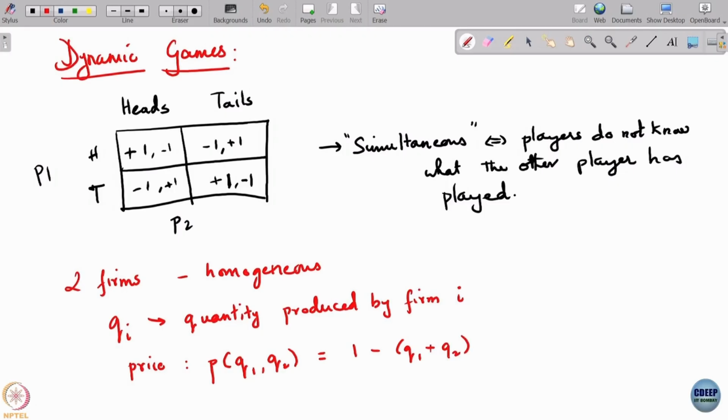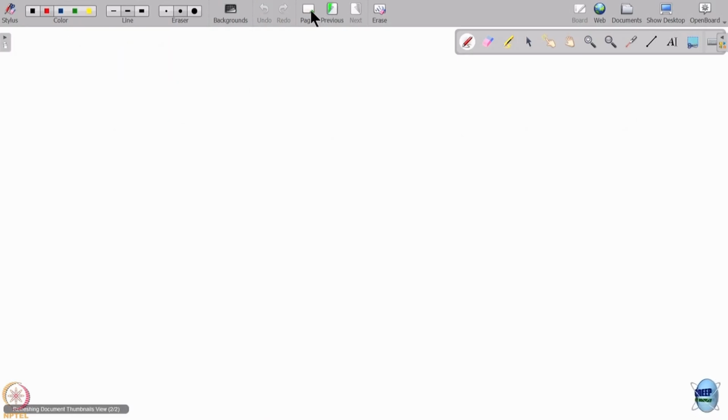Okay. So this has been normalized to eventually give you this sort of form. The price is 1 minus (Q1 plus Q2). So it is a function of the total production, that is Q1 plus Q2. So if this is what the firms are faced with, then what the firms would do is